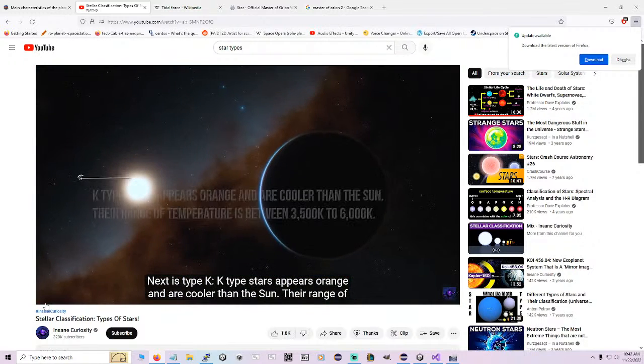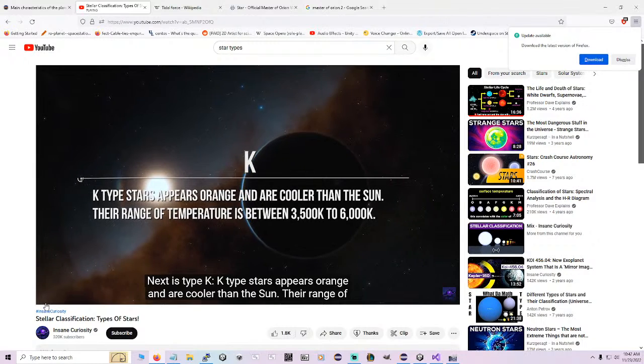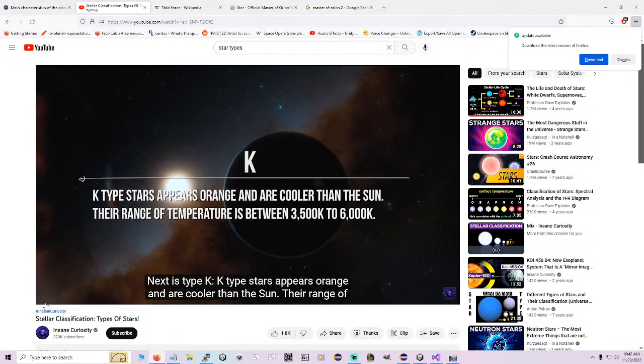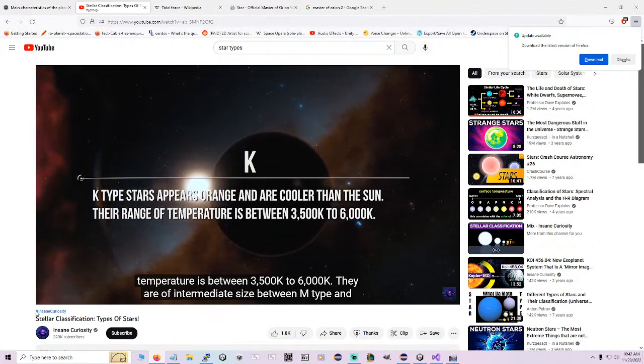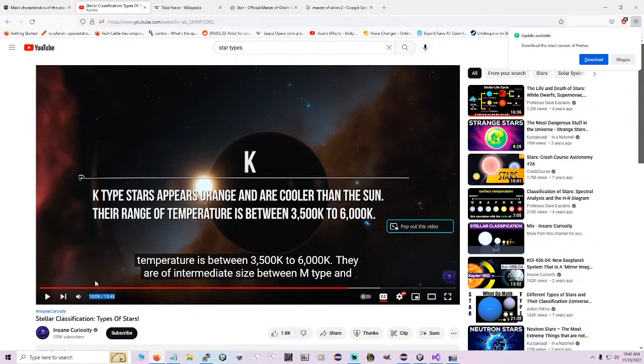Next is Type K. K-type stars appear orange and are cooler than the Sun. Their range of temperature is between 3,500 Kelvin